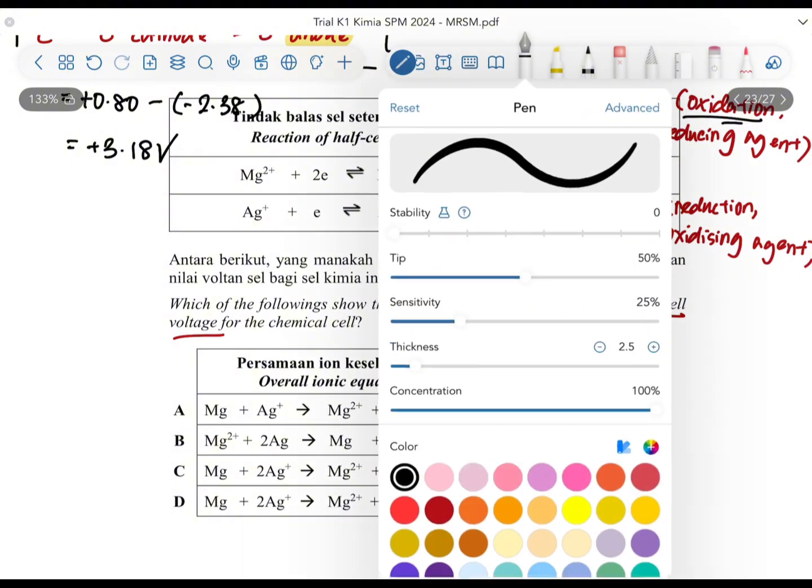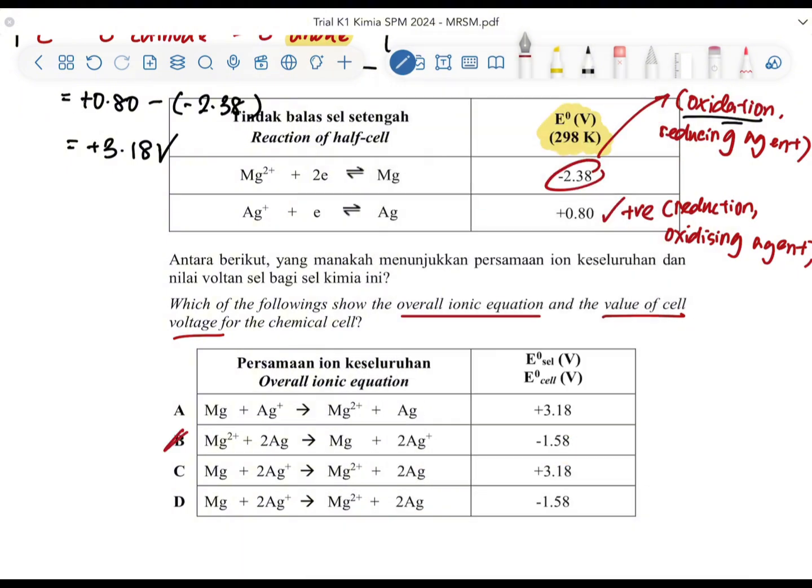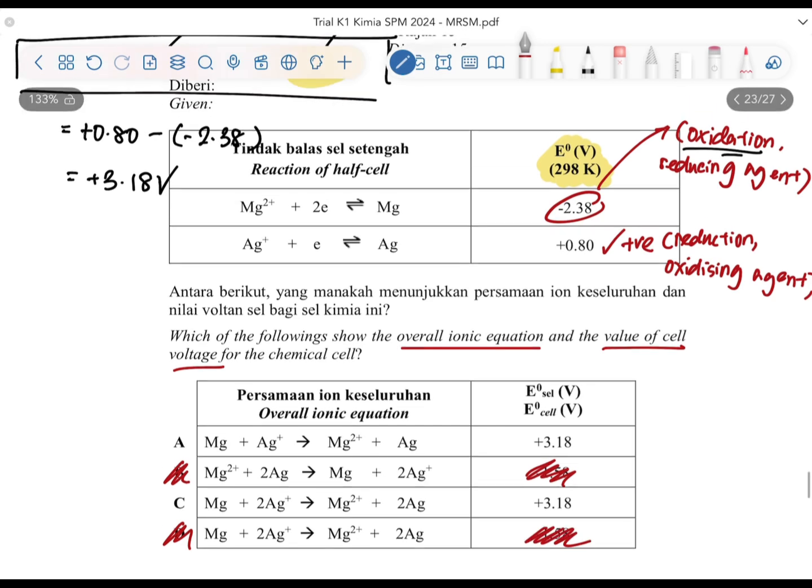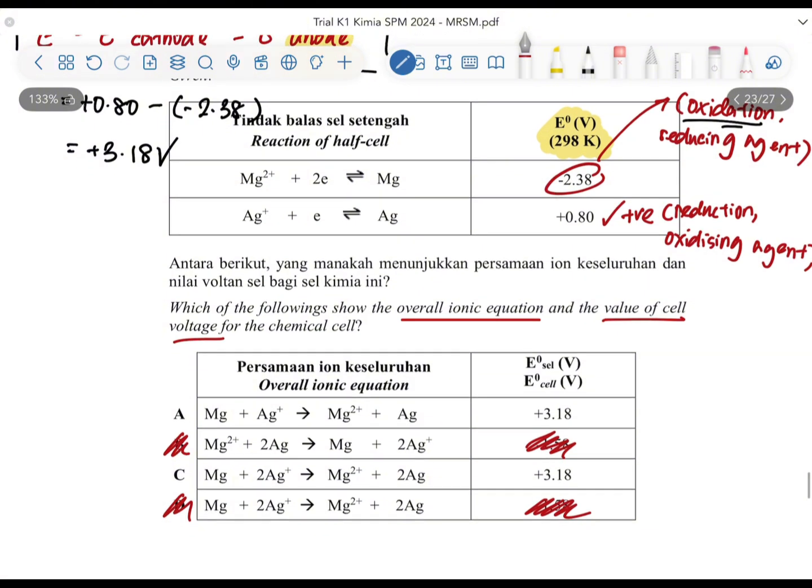Okay, so we can already cancel out options B and D, because the inert value is wrong. So let's continue with the reaction to find the overall ionic equation. In order to find the overall ionic equation, we need to look at